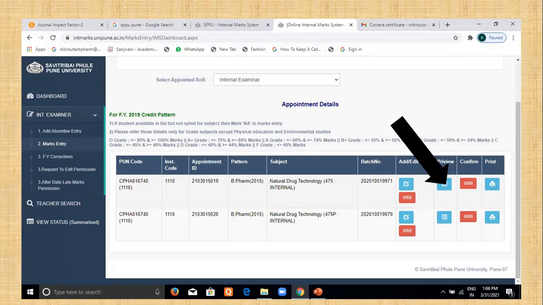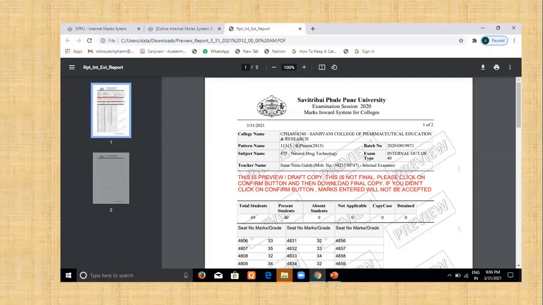Once you click on the preview button, you will get this page, which gives you detailed information regarding the name of the subject, your college name, and your teacher name. Then how many students there are appears, and how many students' marks you have entered.